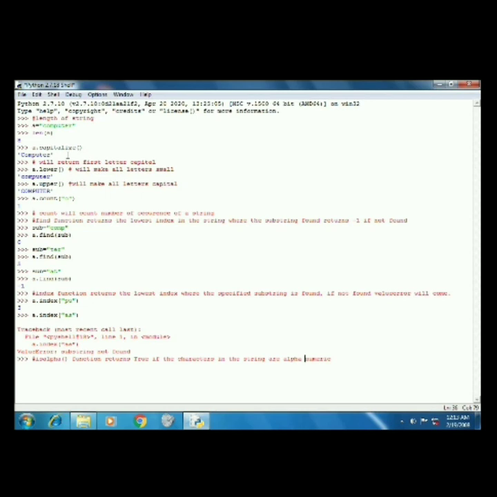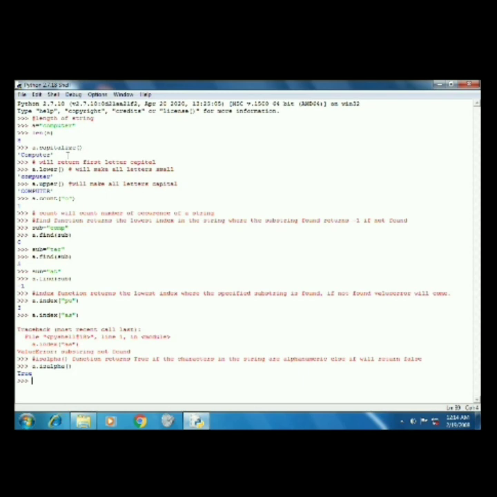If the string contains only spaces, then string.isalpha() will give a false value. Here a is equal to "computer" and a.isalpha() will give a true result.